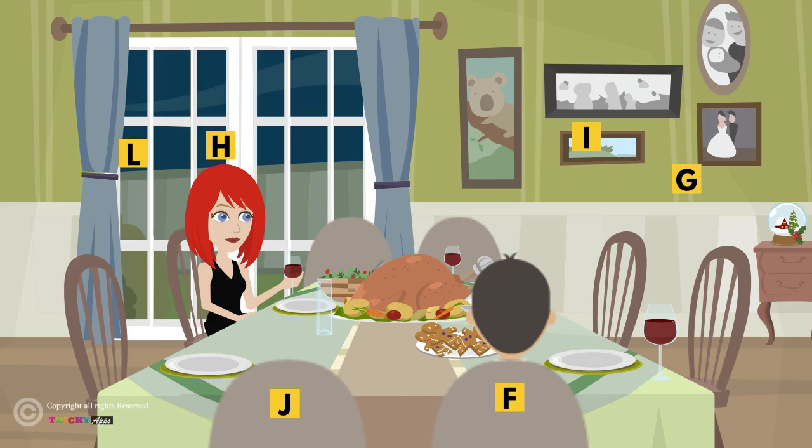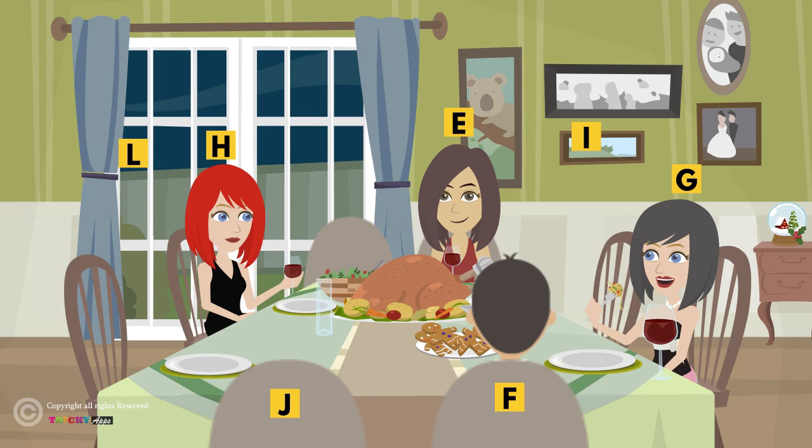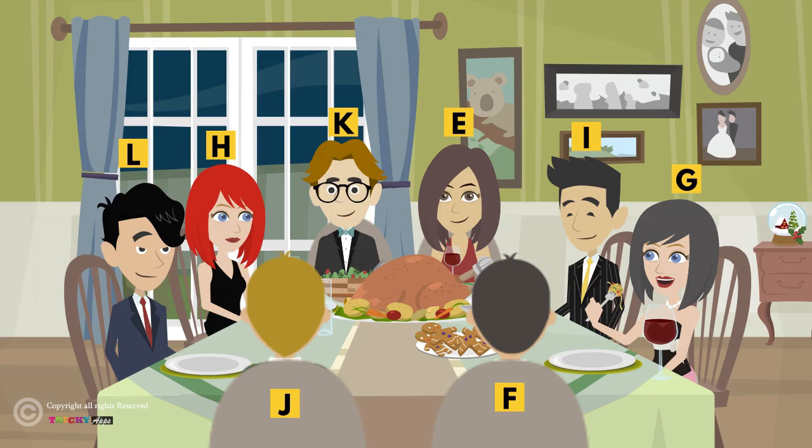F is a male member and is seated opposite to E. Here E is a lady member. There is a lady member between F and I. That means G is a lady member and K is seated right of E. So H, G and E are lady members, remaining J, L, F, I, K are males. With this information, the following arrangement can be formed.